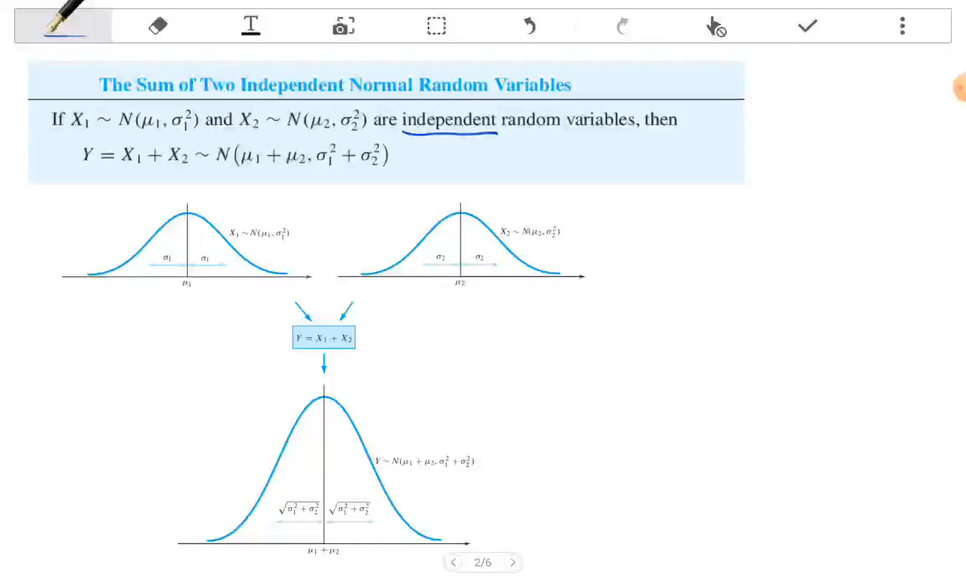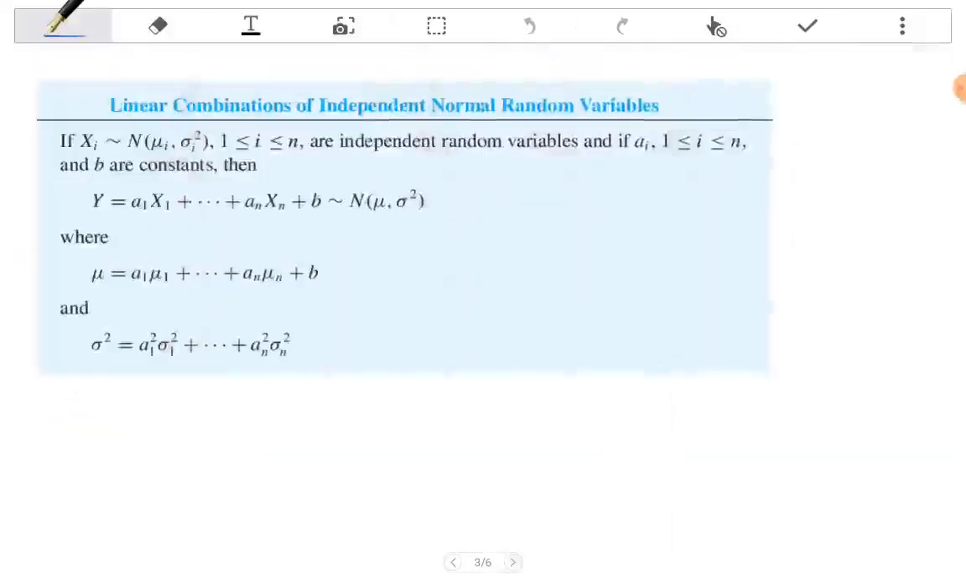Okay, so let's see, if we have x1, the graph is here. For x2, the graph is here. If we sum them, you see how the mean and the variance are changed. So the mean is just the sum, and the variance is the sum of the variances. Okay, this is about the sum of two independent random variables, and of course we can look at the sum of n